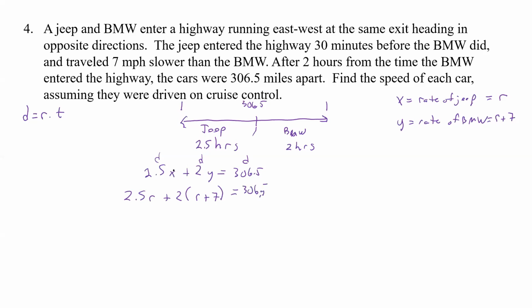So all we did was we converted our x's and our y's to the r's. Now we could have said this was just x plus 7, but since we're doing rates and times, I decided to go ahead and put that in r's and make it a little better. And so we have 2.5r plus 2r plus 14 equals 306.5. And so now we have those two we can add together and get 4.5r. Now if we subtract 14,